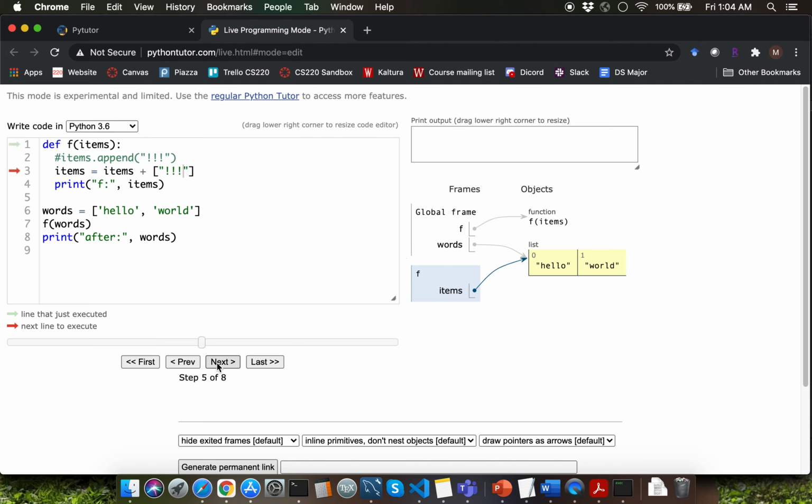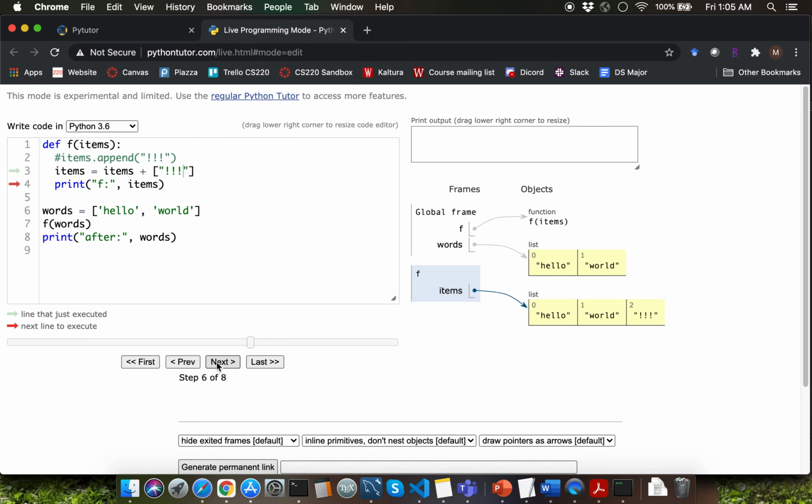Line number 3 here is creating a brand new object instance because we are saying items equal to items plus a new list here. So you're going to get a new list object instance which contains the 3 items. After that, you're going to update the reference within the variable items to point to the brand new object instance that you created for the list here.